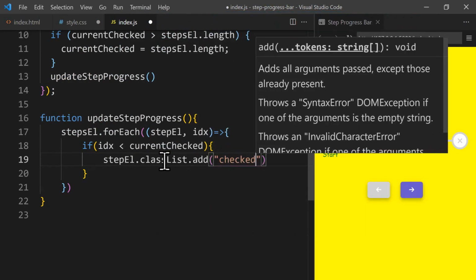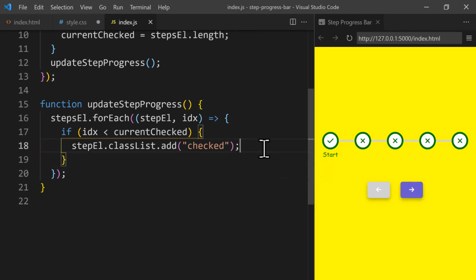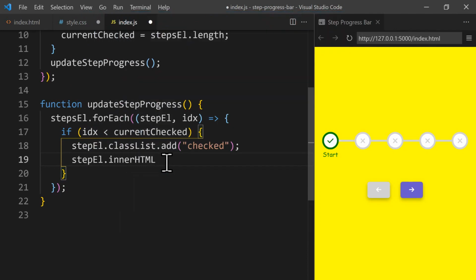and the class we want to add is checked. So when we click on the button, you see that the class checked is added to the second step, and the third, fourth, and the last one. But still, the times icon is still there, and it didn't change to the check icon. We can do that by changing the inner HTML of the step element, the current one. So we just say step element dot inner HTML, and instead of inside a set of backtick,